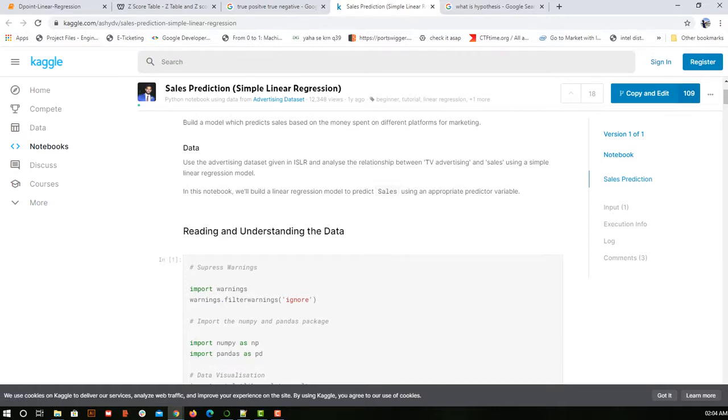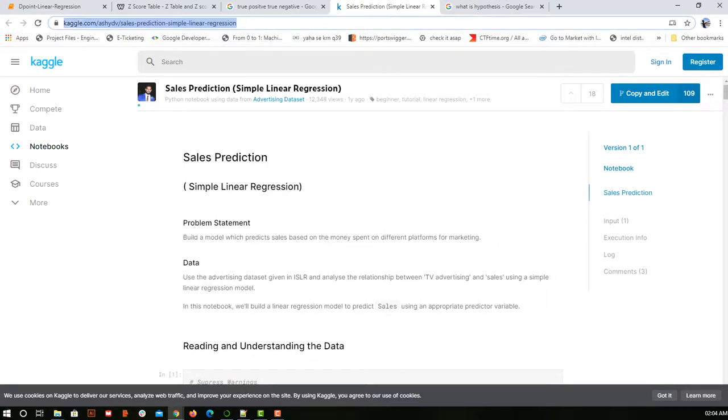Here we are given a problem set along with different data sets, and many people submit there, and based on their model Kaggle tries to predict on their test data, which they don't provide us. They provide us the sample data, and whoever gets the better prediction gets points or rewards, based on the problem statement's reward system. You can search for this, or I can share the link in the description.